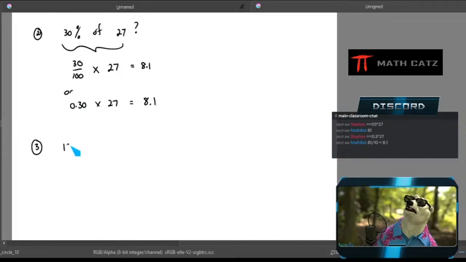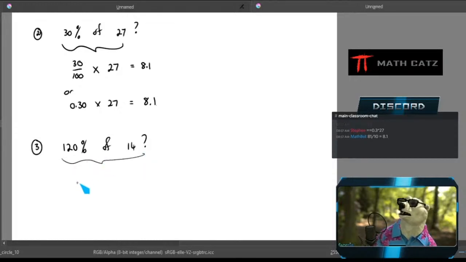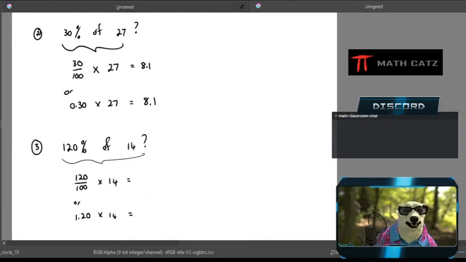And lastly, the nice thing about percentages is the meaning of the "of" doesn't actually change. Multiplication in general had a couple of interpretations depending on the size of the first fraction. Here, it doesn't even matter. I'm taking a percentage of a quantity, whether you want the decimal version or the fraction version, it's multiplication regardless. So let's see what the answer is there. I can, for some reason, take 120% of a quantity,